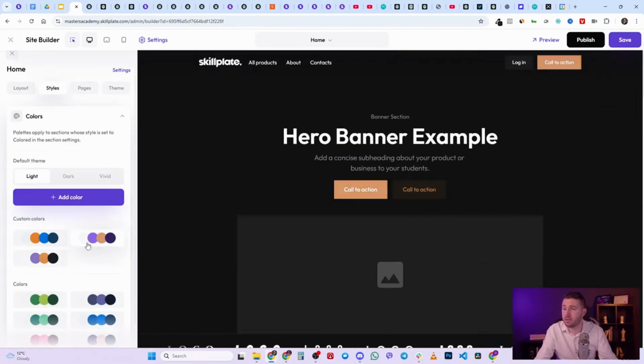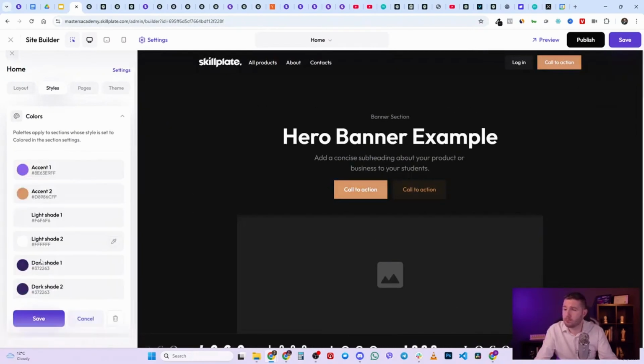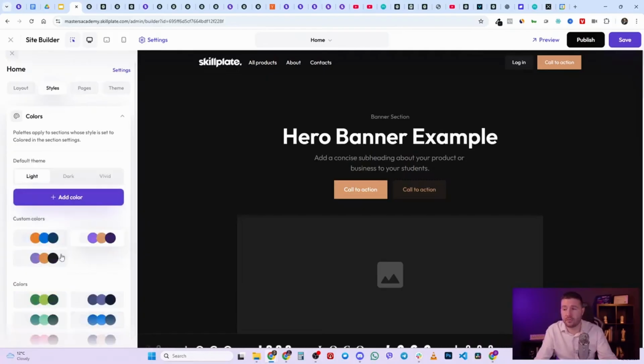So in my case, I will use my color scheme. I think this one is mine. You can change the colors in your color scheme. You will generally have 2 light colored accents, 2 darker shades, and 2 lighter shades for everything to work. And you just